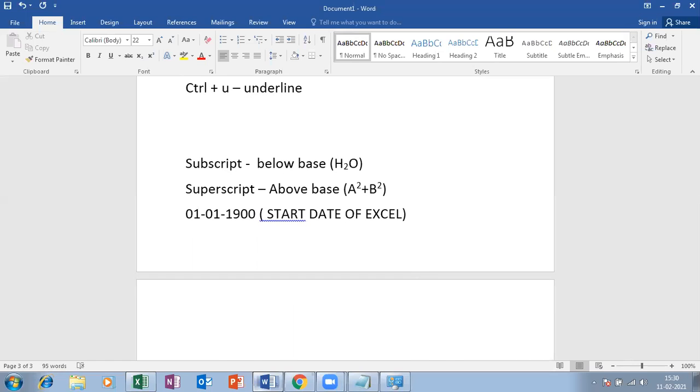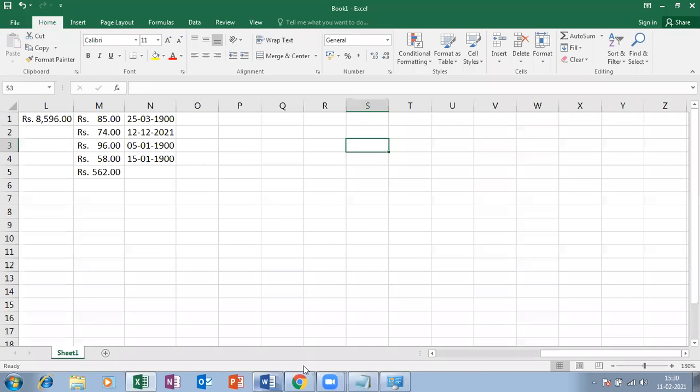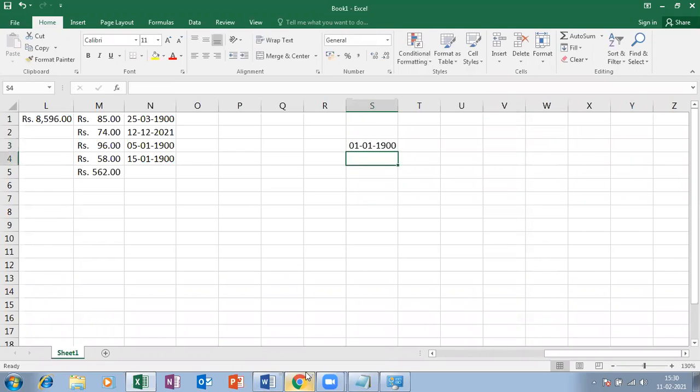Excel doesn't know to calculate a date which is less than this one, 1900. If I enter, automatically it is saying it is a date. Even if I enter something different, which is general by default, it's converting into date.